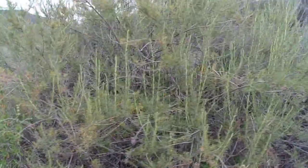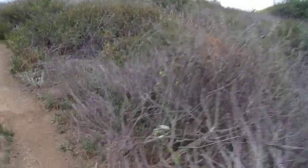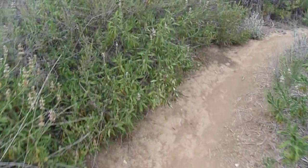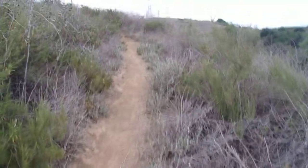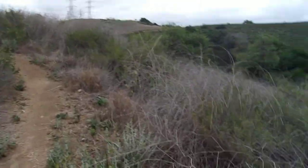Got black sage, Salvia mellifera, California sagebrush, Artemisia californica. Seen some species of everlasting. I'm climbing up this ridge here. Here's some carrot family plant. Looks like Conium maculatum. I think that's poison hemlock, which is not native here. Then we got another plant found in coastal sage scrub and chaparral. Hollow-leaf redberry, Rhamnus ilicifolia. I'm just taking this trail, get away from the crowds, enjoy a little coastal sage scrub